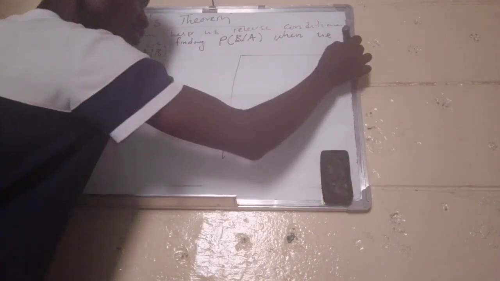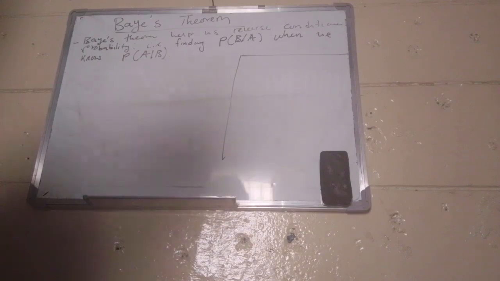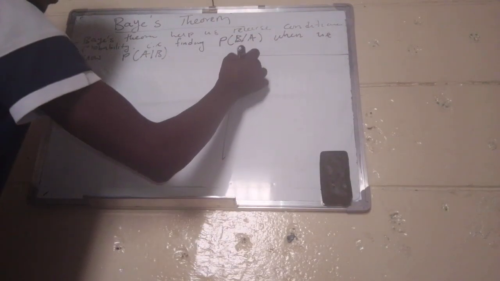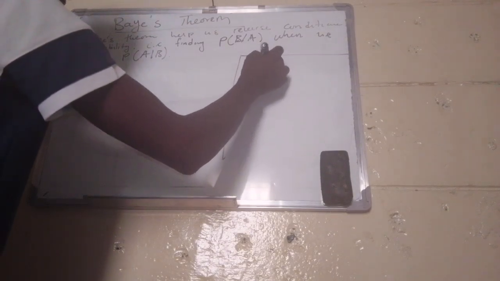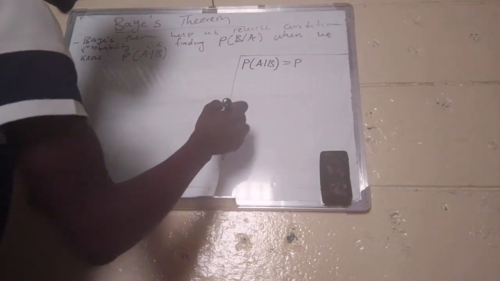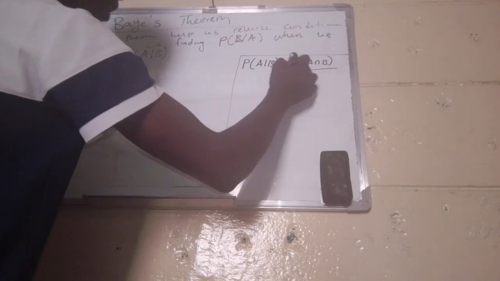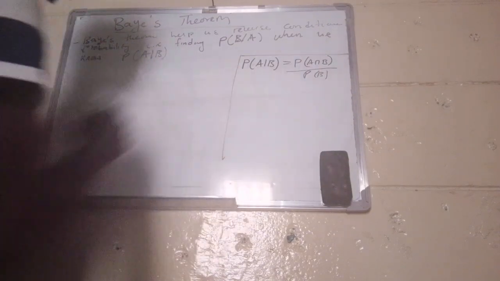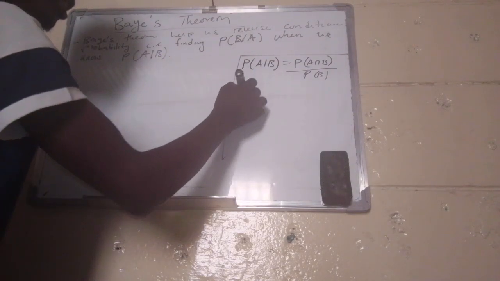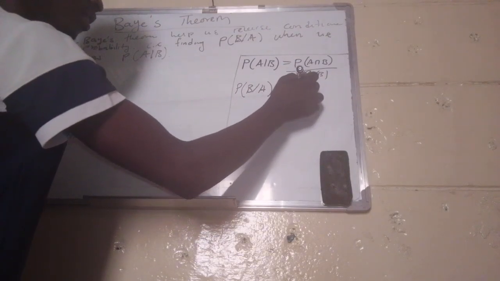We know that the probability of A given B is the probability of A intersection B over the probability of B. That's what we know. So the same is happening if I want to find the probability of B given A. This is basically a probability of A